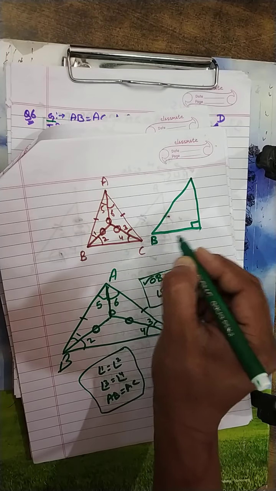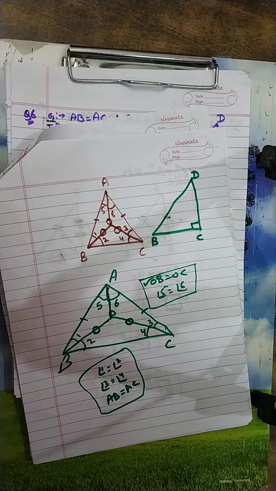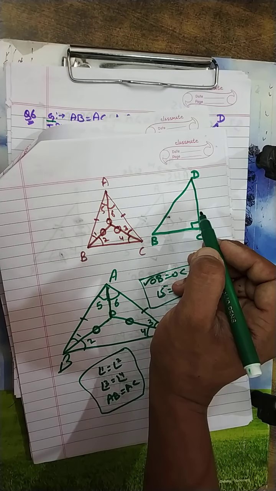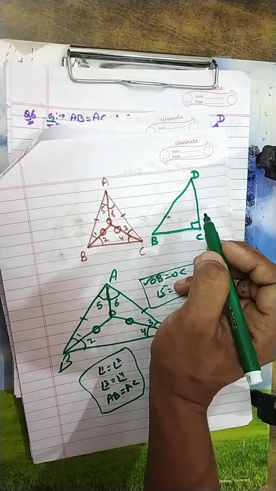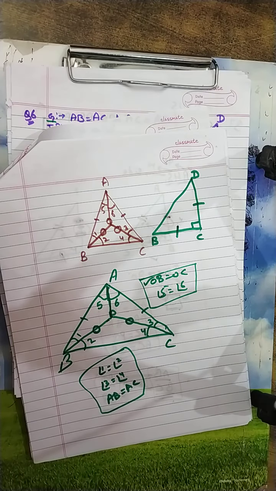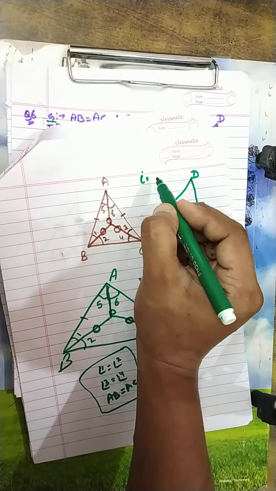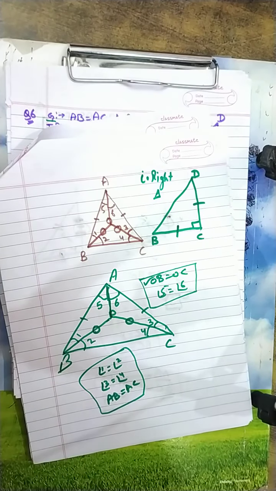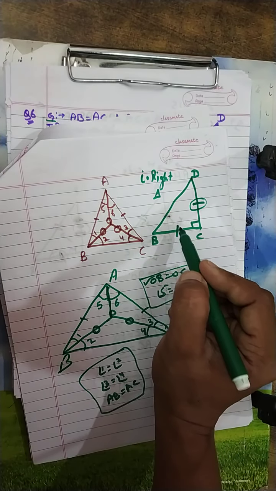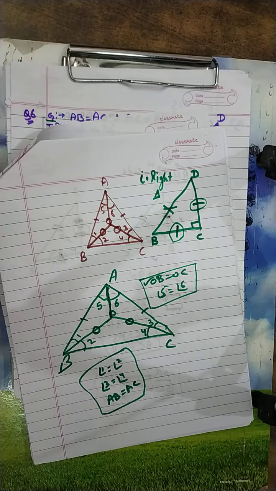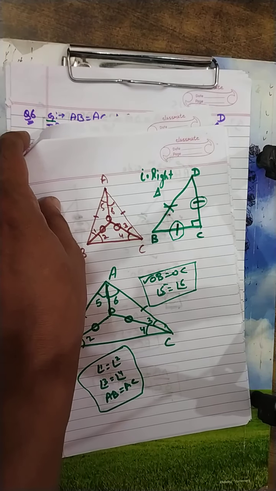If BCD is a right angle triangle and it is given it's isosceles also, then remember always, it's a concept, not a part of this question. Then always the perpendicular and base are equal, not the hypotenuse. If it is given that there is an isosceles right angle triangle, then always the perpendicular and the base are equal to each other, not the hypotenuse. This is a concept that will be used further in extra questions.